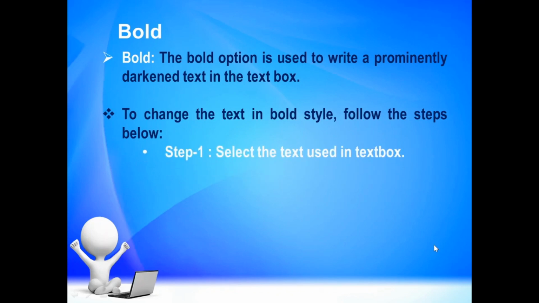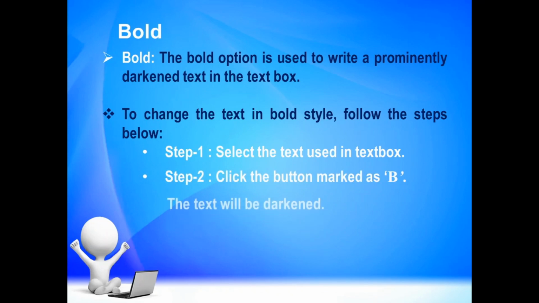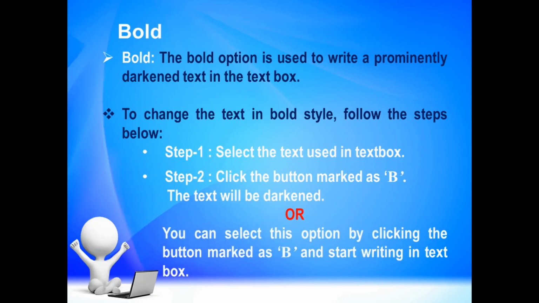Step 1. Select the text used in text box. Then click the button marked as capital B. The text will be darkened. Or you can select this option by clicking the button marked as capital B